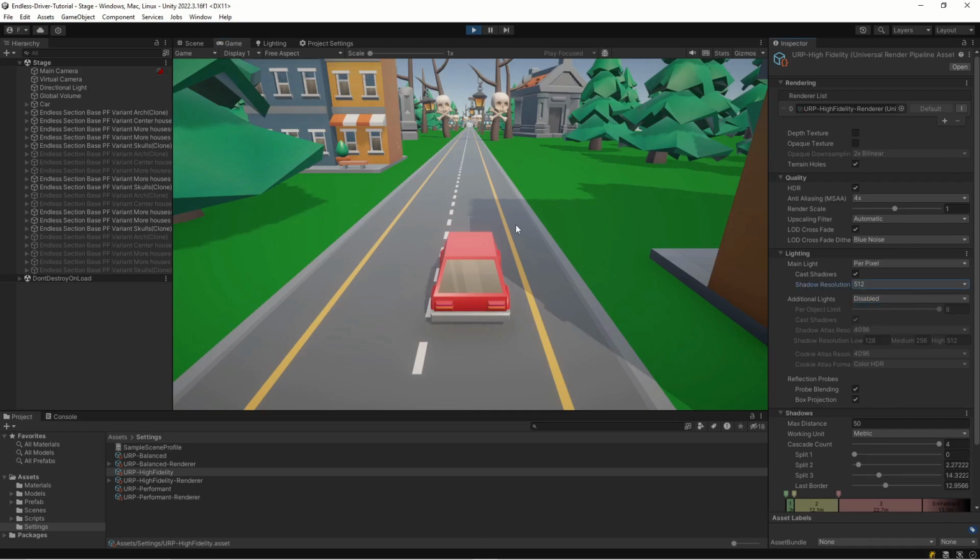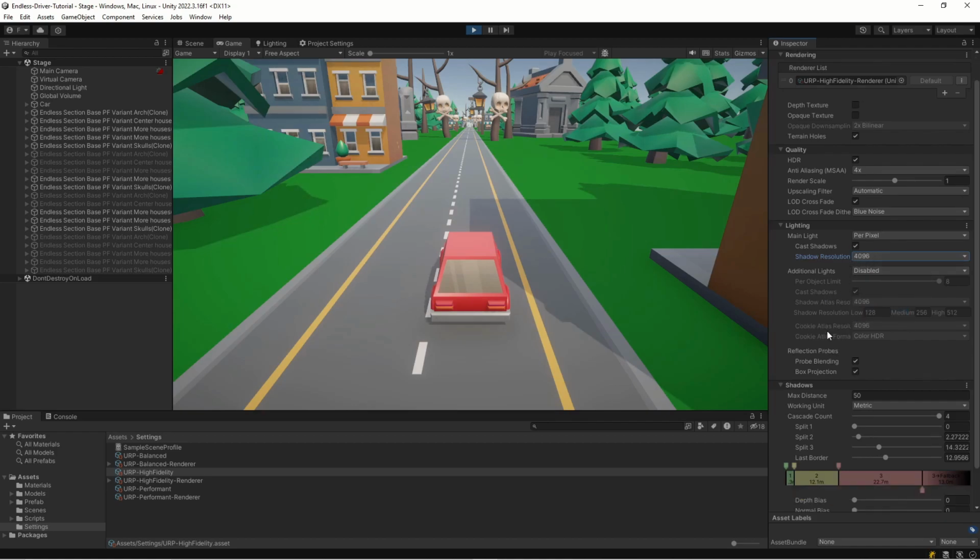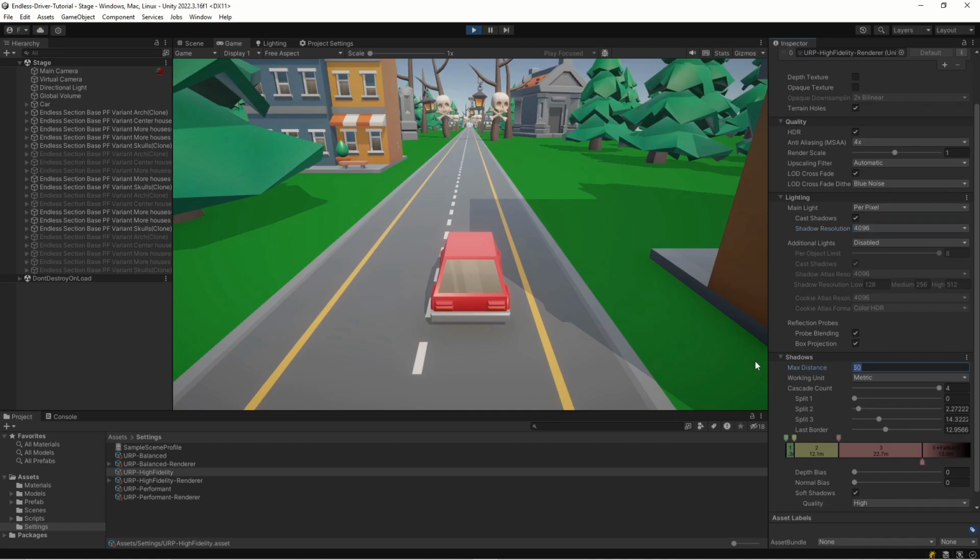So right now we can look at our shadows resolution, which is maximum. If we reduce this, we can see that we have, well, more ugly shadows. But let's keep it at 4096. And the distance, well, I think it's about here, 50. We can see that if we bring it to 90, we have a little bit further ahead. So 50 is the current one, but 70 I think will be optimal,